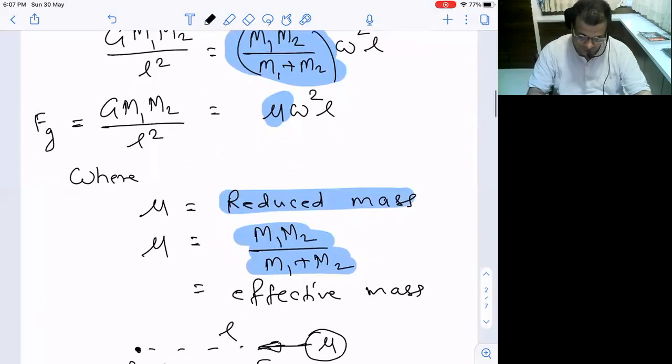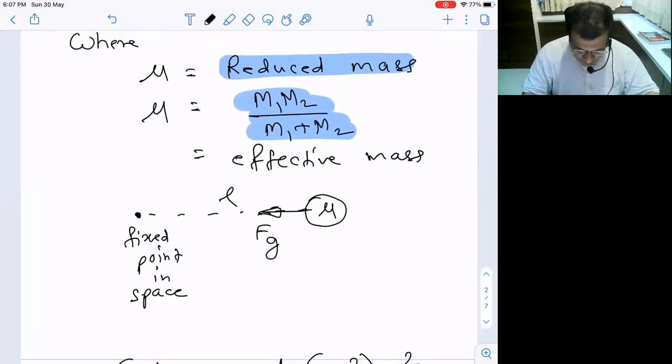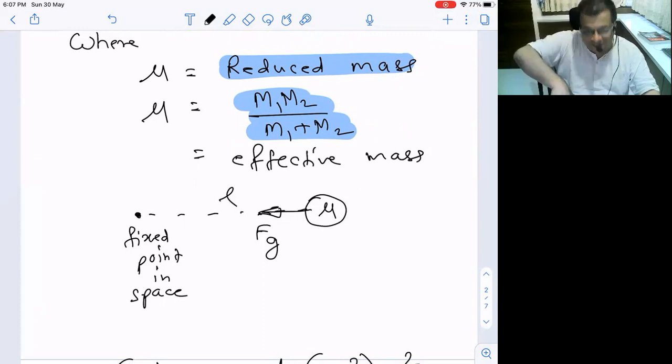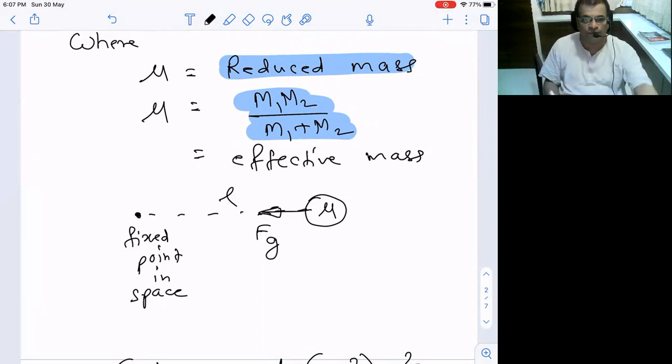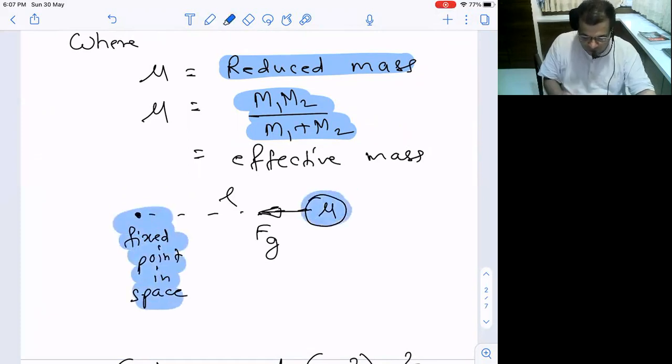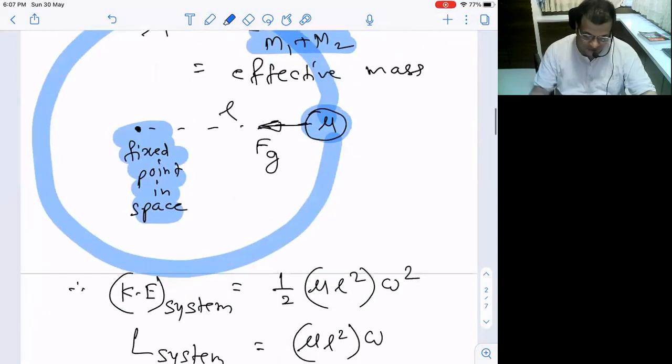So ये जो effective mass है वो हम लोग क्या करते हैं, the system we try to conceptualize in a very simple system like sun and earth. एक बंदा दूसरे के भीतर घूम रहा है, ये समझना बहुत आसान है हमारे लिए. इसलिए हम लोग क्या करते हैं भाई, एक फिक्स पॉइंट ले लिया इन द यूनिवर्स और रिड्यूस मास जो है वो घूम रहा है इसके भीतर, इस फिक्स पॉइंट के भीतर. This is what is habituated to us. So notice that